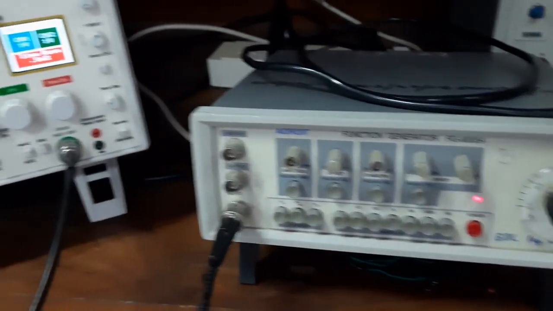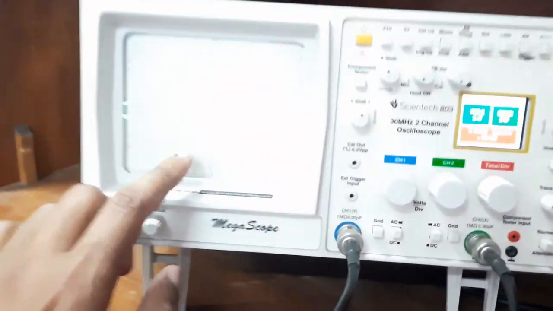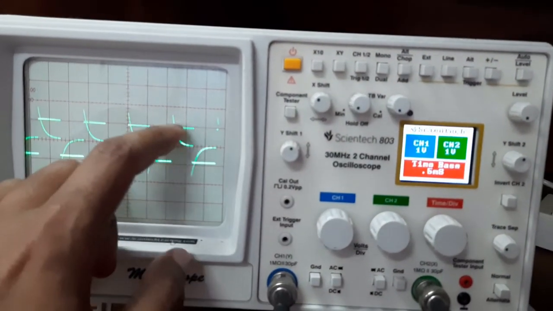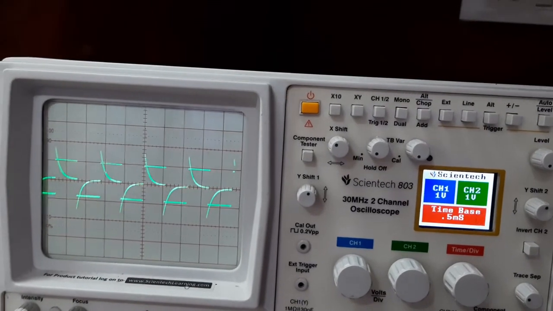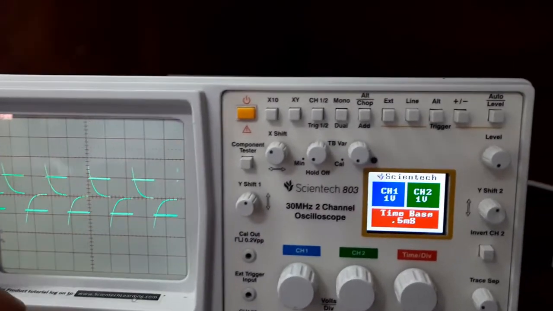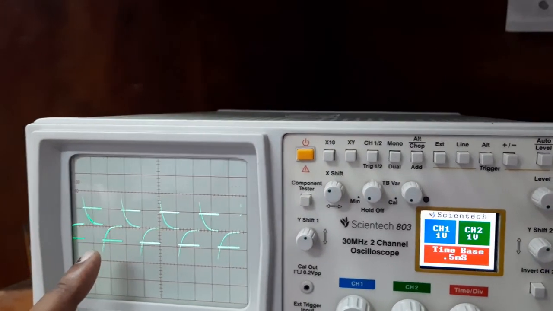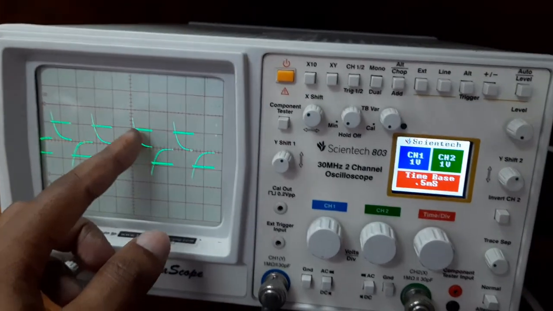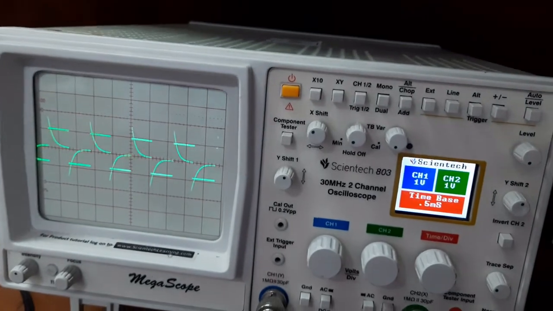If you see the waveform on the CRO, see, for this square wave you are getting perfect spikes. So here the circuit is working as a proper differentiator, at this particular condition when RC is less than T. This is the square wave input that we have given, and these are the spikes that you are getting at the output. Proper differentiation we are getting.